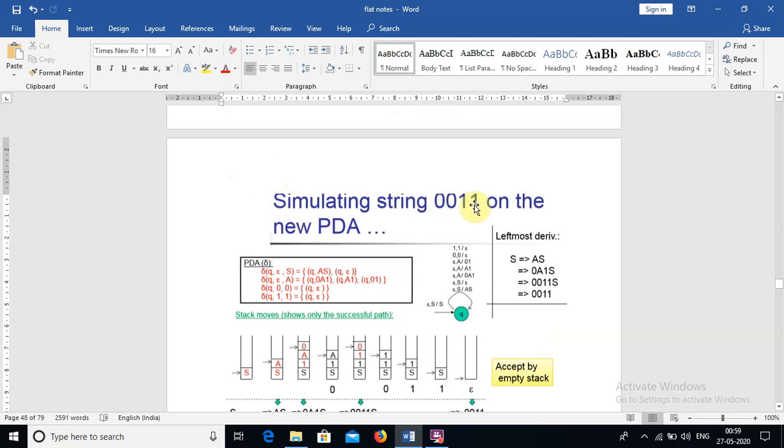So 0011, how do we get this? By solving the grammar, we got 0011 as one string. So we can take that, and we can represent the stack. We construct the transition functions also, right? So by the transition function, we can construct a PDA also from the earlier classes. So how the stack representation can be seen here.